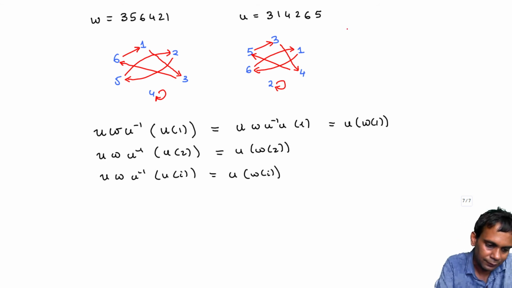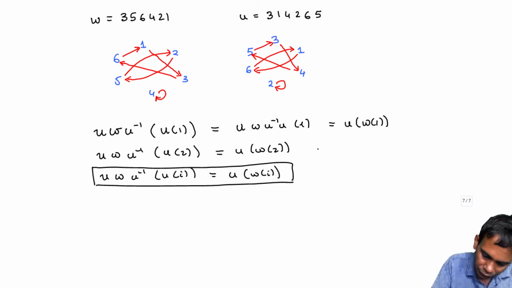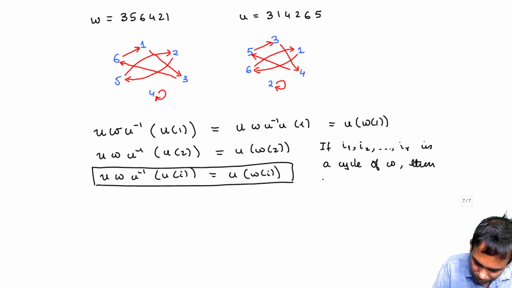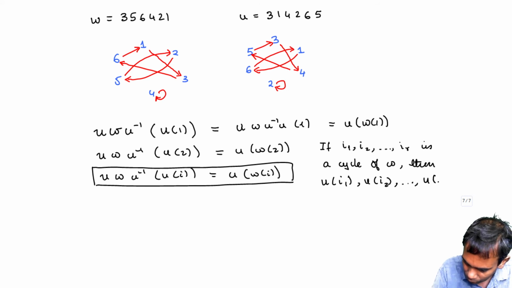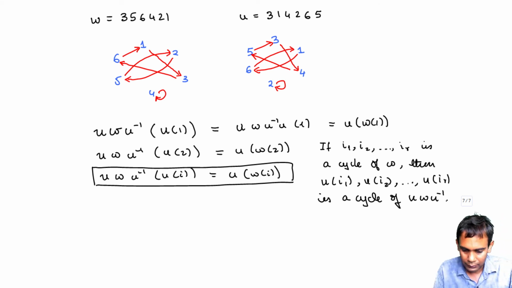Okay, so the cycles. So what this equation here means is that if I1, I2, IR is a cycle of W, then UI1, UI2, UIR is a cycle of U inverse. That's exactly